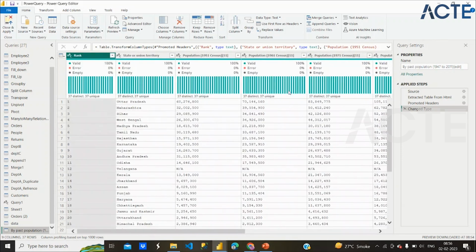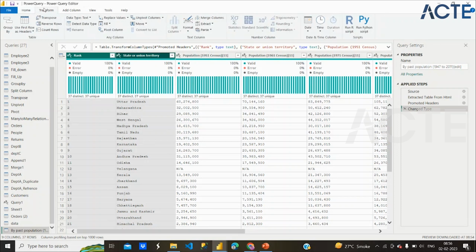Now you can see we have this in headers and these values in columns. So we'll select these two values and do unpivot other columns. So all these columns will be unpivoted, and we'll get two columns, that is attribute and value. We select this, go to the transform tab, and in unpivot